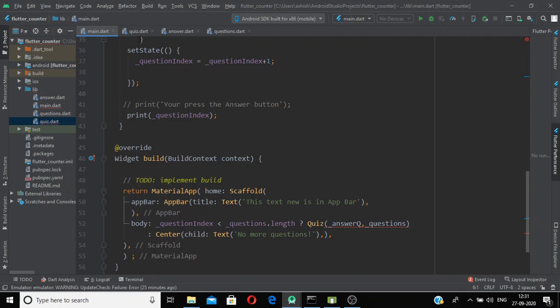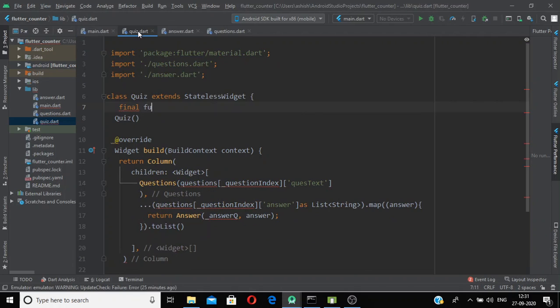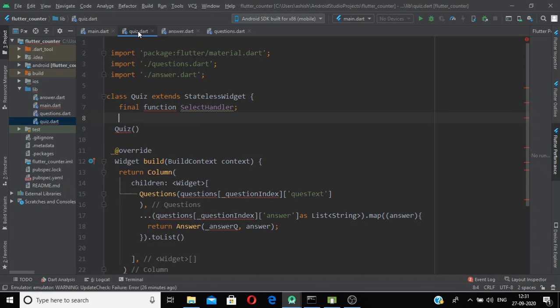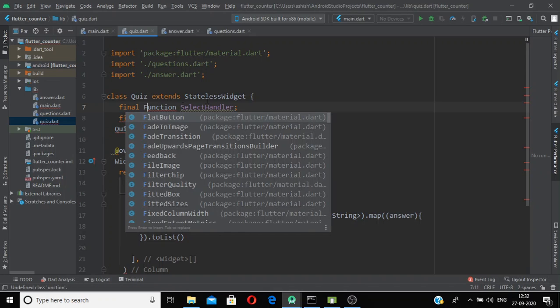First we need a function, final function, and let us name it select handler, and the second one final this.